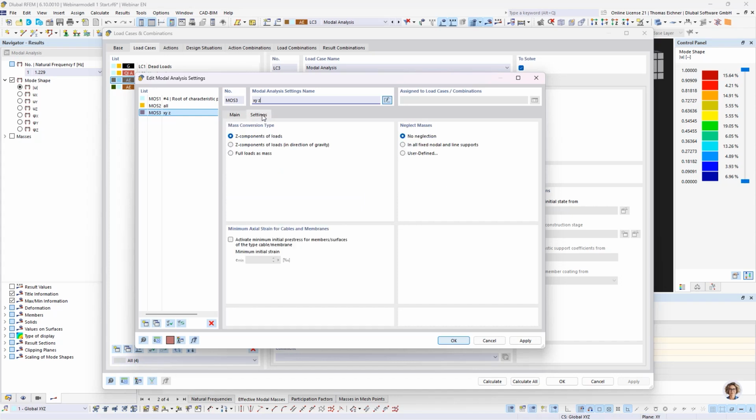Okay, for settings, we won't do anything here because we don't have to neglect masses. Just as a hint, if you have a grounding plate, then it is needed to neglect the masses there. Because if you don't neglect the masses of a supported surface, the program most probably will never reach the effective modal mass, since the plate just won't move. I mean, it's fixed on the ground, so it won't have any modes except for